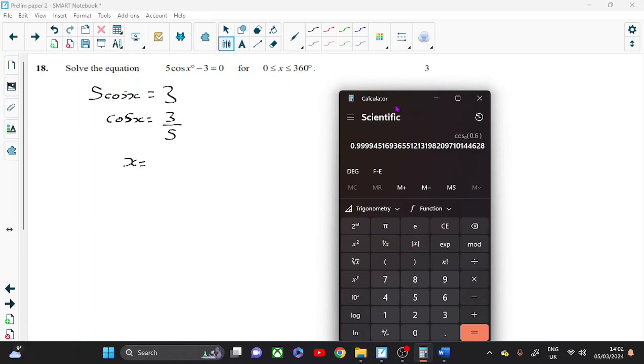I get 0.99. Really? Try that again. 3 divided by 5 equals, then second function of cos. I thought that looked weird. Yeah, 53.13